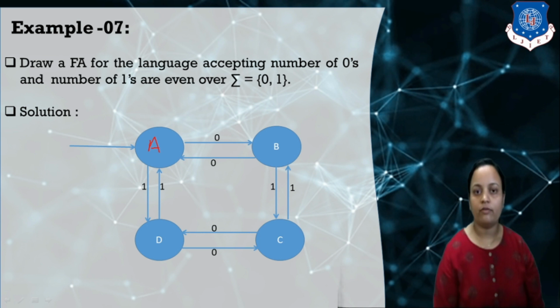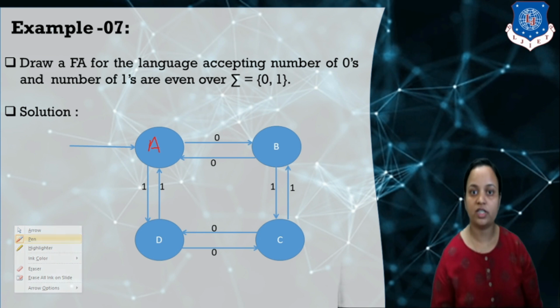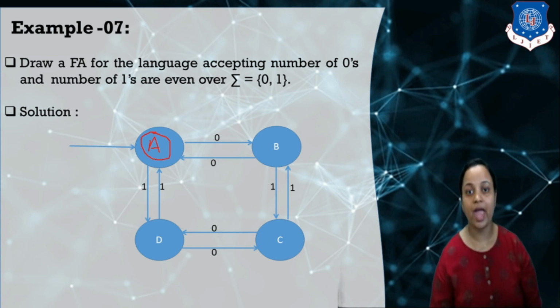What is the accepting state for this DFA? The accepting state for this DFA is our initial state. Why the initial state? As we know, the minimum length string this language will contain is length 0, the empty string. So whenever the language contains the empty string, always remember that in the DFA for the language the initial state is considered an accepting state. So A is our accepting state. This is the DFA for an even number of zeros and ones.